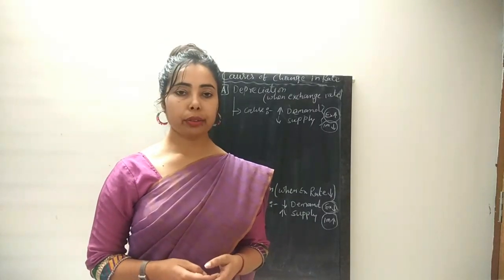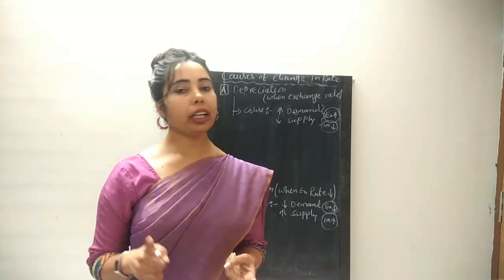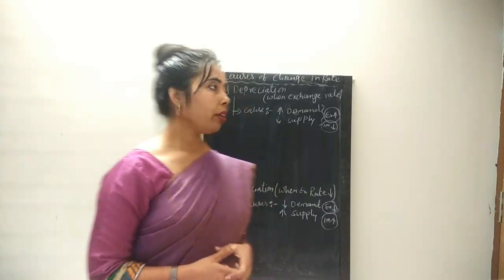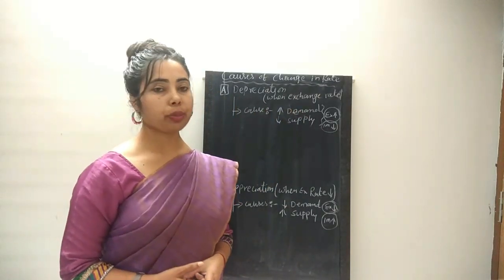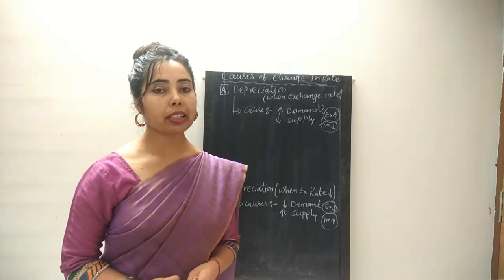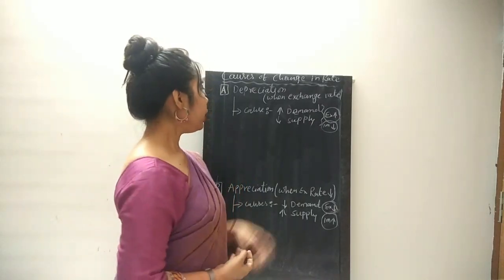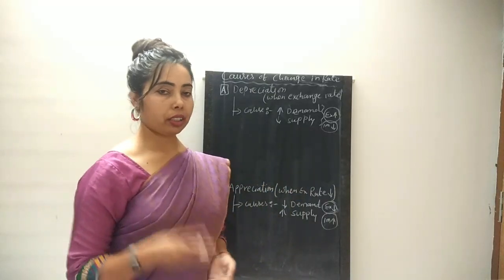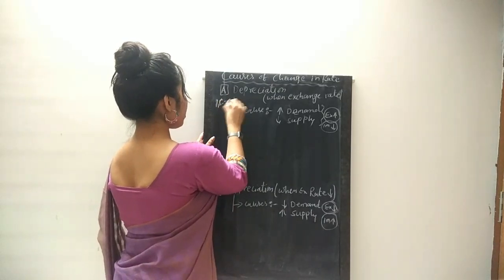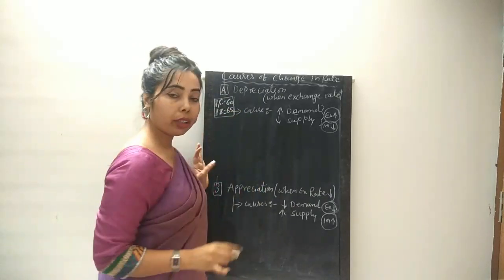There will be two scenarios when there is a change in exchange rate, either a depreciation situation or an appreciation situation. So let's understand one by one how it happens. We all know depreciation of currency refers to when the value of domestic currency decreases in terms of foreign currency. I have already explained, when the dollar value goes from 60 to 65, that scenario is known as depreciation. I hope you remember.